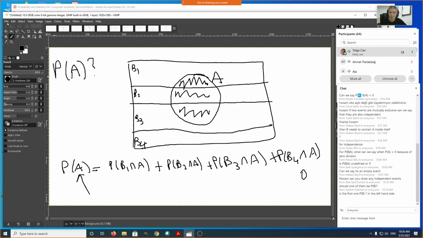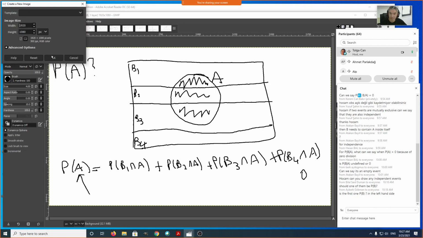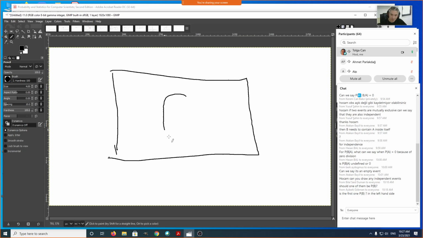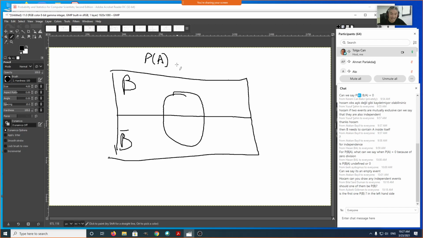All right. Now, one common use of this is called the law of total probability. And one very famous use case of the law of total probability is this. If you have some event B, its complement is B complement. What are these two events, B and B complement? They are mutually exclusive and they are exhaustive. So in other words, if you want to figure out the unconditional probability of any event, and you have the conditional probabilities of this event,